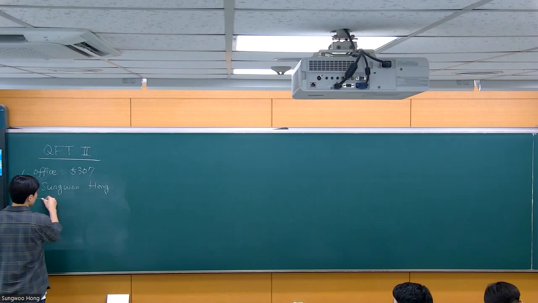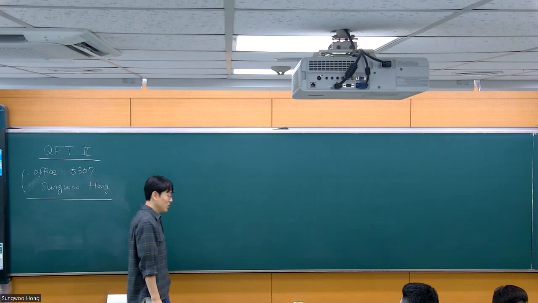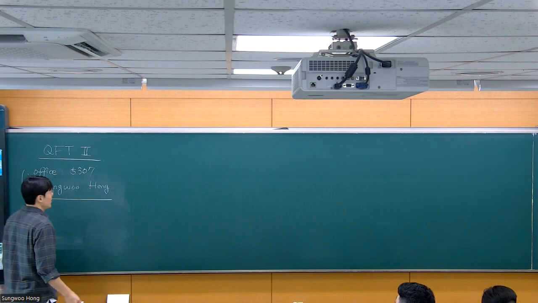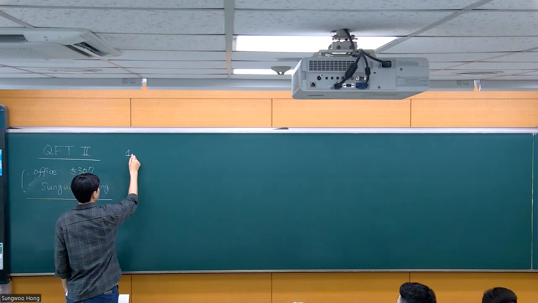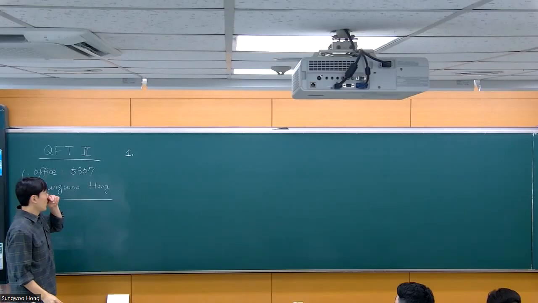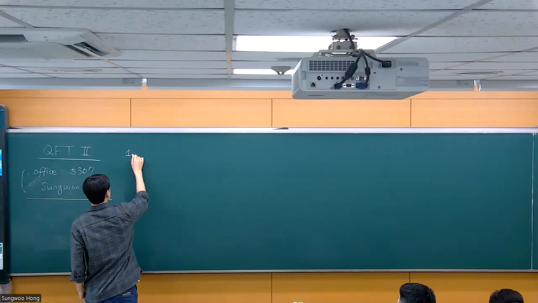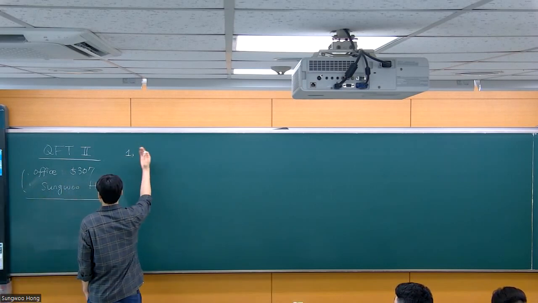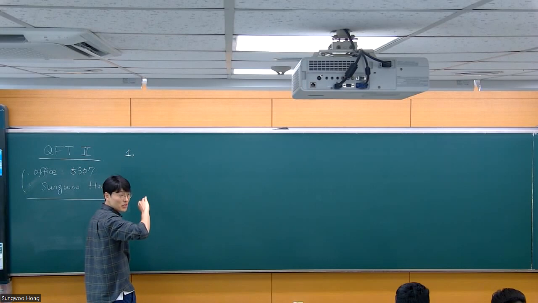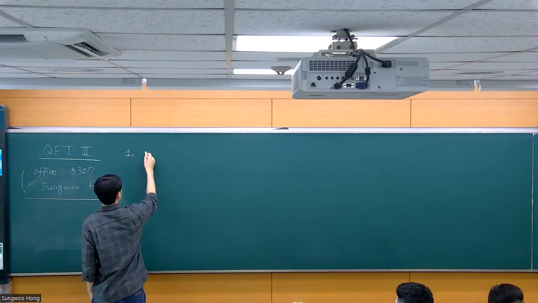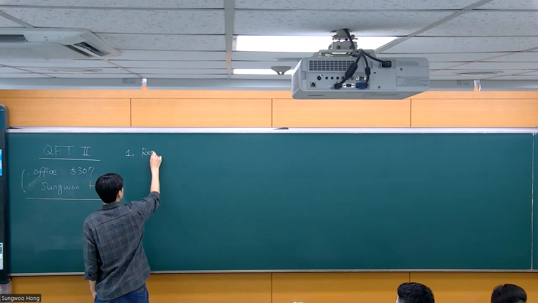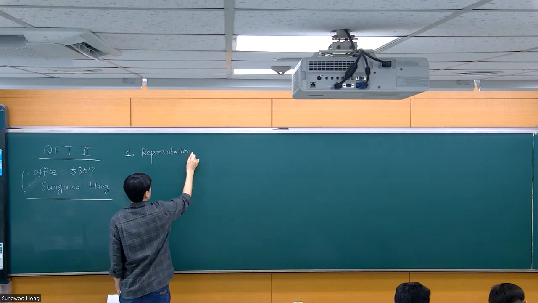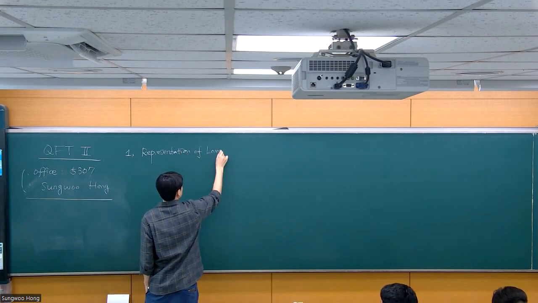Right, so this is a continuation of our journey that we took last semester. So in this class, we have to sort of finish up what we started off last semester. During the QFT1, we mostly dealt with QFT of a scalar field. Here we have to now develop the machinery to talk about the spinors and vector field. So we first want to go through the representation of Lorentz group, which we will talk about today.